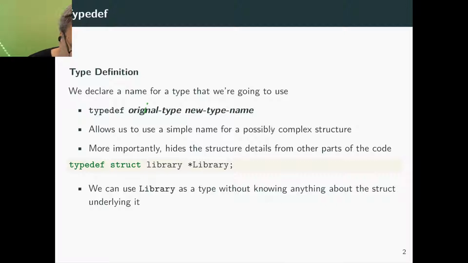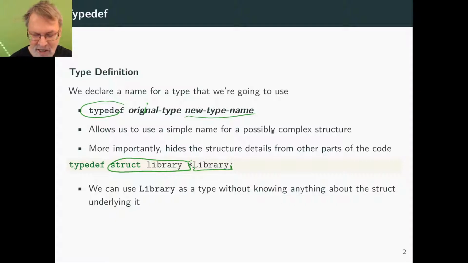So one sort of information hiding we talked about was using typedef to give a new type name to something. So we can say there's a type called Library, which is really a struct library star. Note the different case. Because types are such a different thing in C, and we want programmers to be able to read our code and see, that's the name of a type, not the name of a variable,